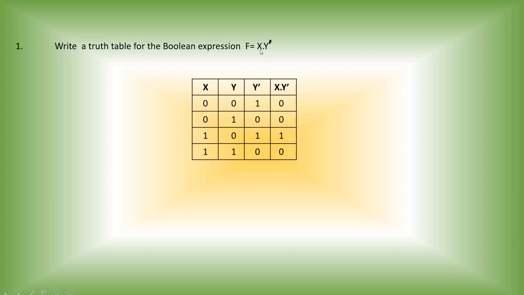And from this expression x and y complement. Last class we studied 3 different types of Boolean operators: and, not, and or. Out of them, which has the highest precedence? Highest precedence is for the not operator, the next precedence is and, then the least precedence is for the or operator.